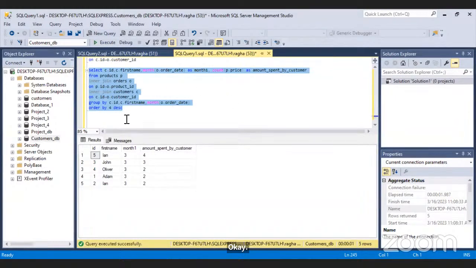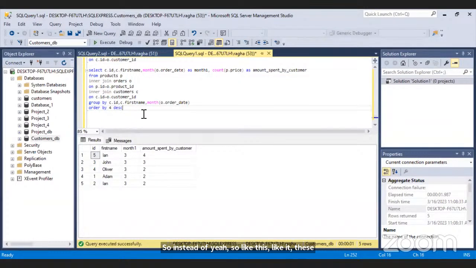So like this, these aggregate functions can be very useful for the analysis when we want to get the descriptive statistics of the data that we have and get summarized data using these functions.